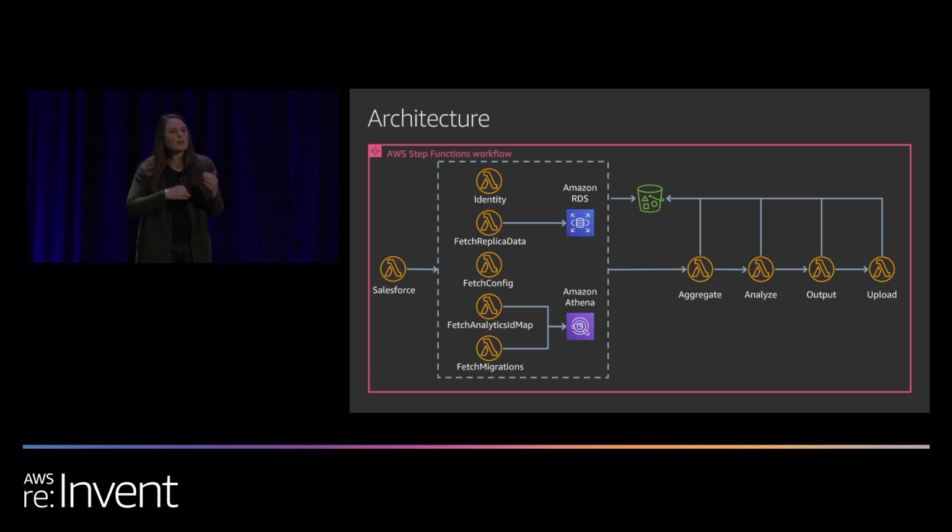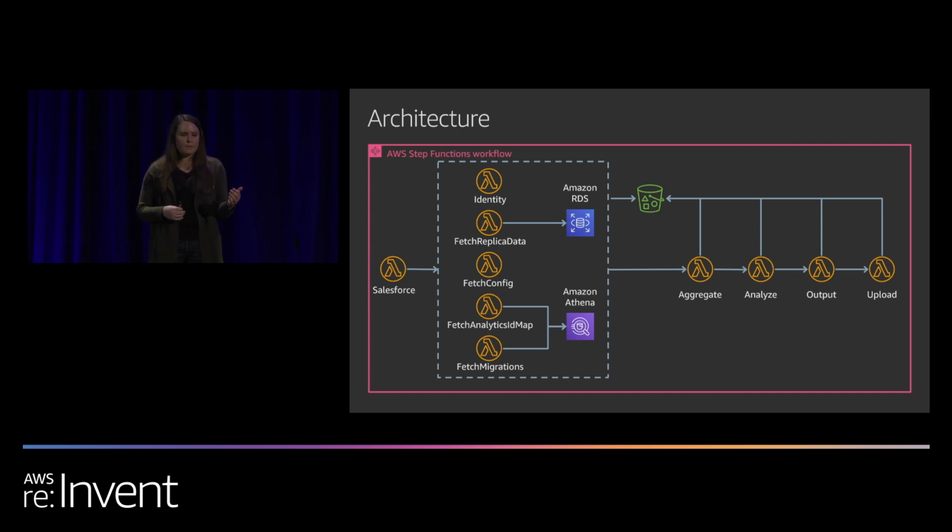So for a parallel state, you can specify a list of branches, and those branches might be task states that do some work. So walking through the changes to turn this into a step function, you can see it's really not that different. So on the right, when we make a call to Salesforce, we define a task state that invokes a Lambda. And then that task state specifies the next state is a parallel state that has 5 branches